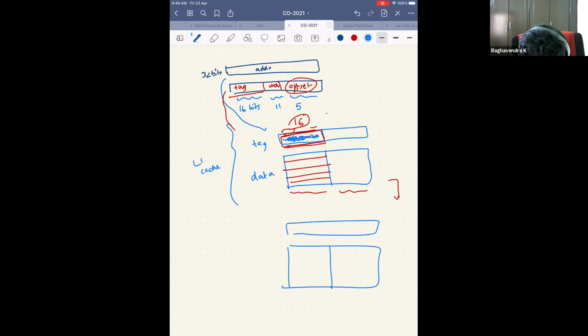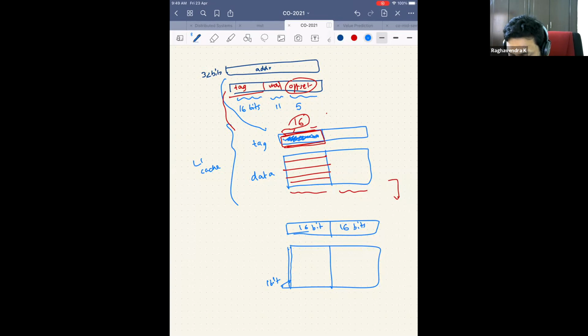And I'm convinced that I'm storing 16 bits here. I hope you are also convinced that it is 16 bits here, 16 bits here, right? And this is the data. Now I'm assuming that for the dirty bit, I want to store 1 bit per block. And I propose that I will store that 1 bit here, as part of the data array. So is it okay? Can I store it in the data array location?